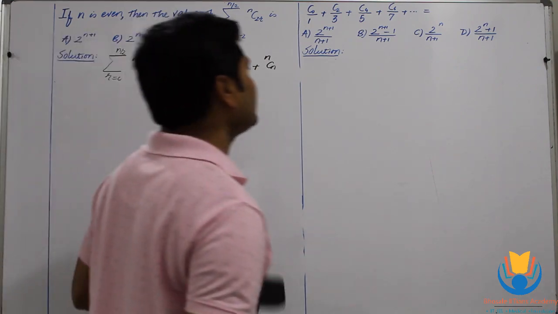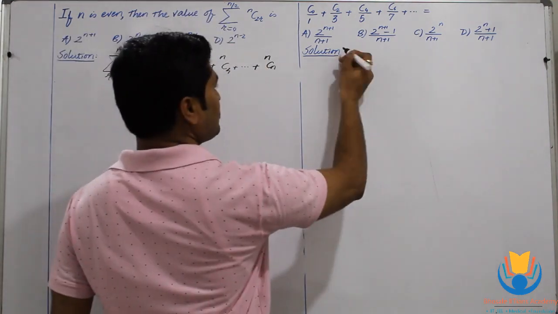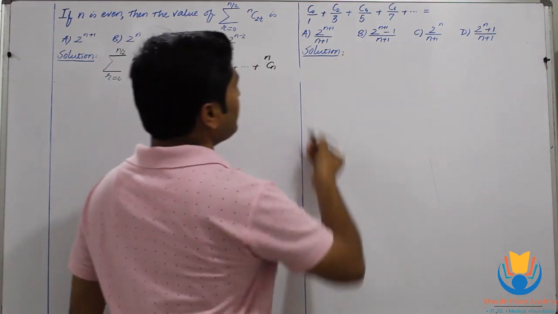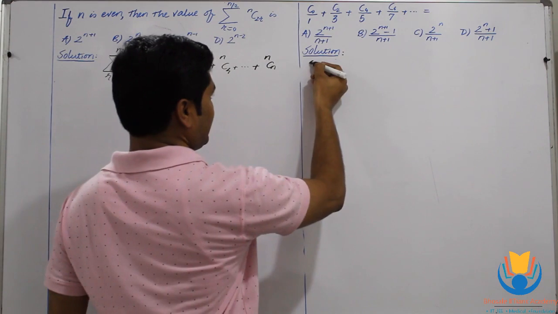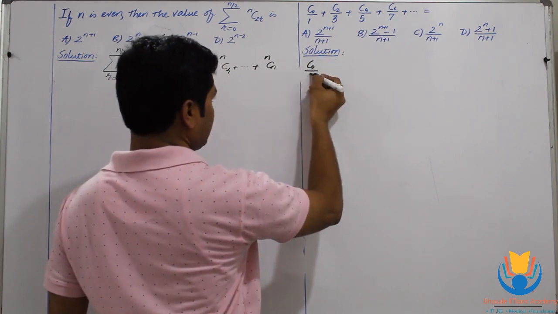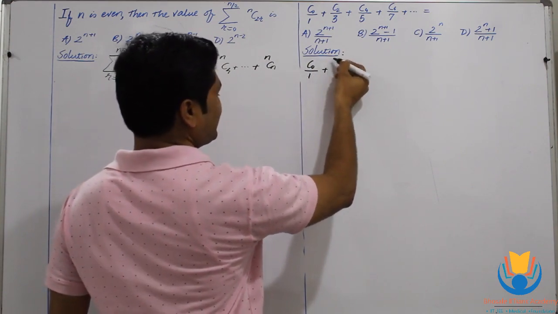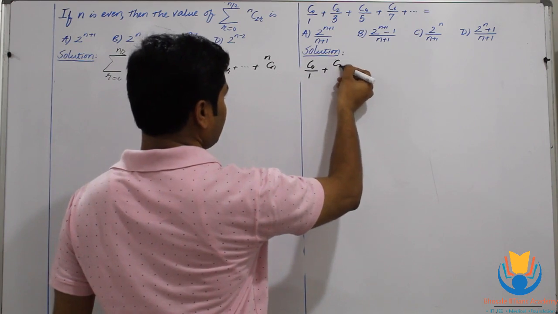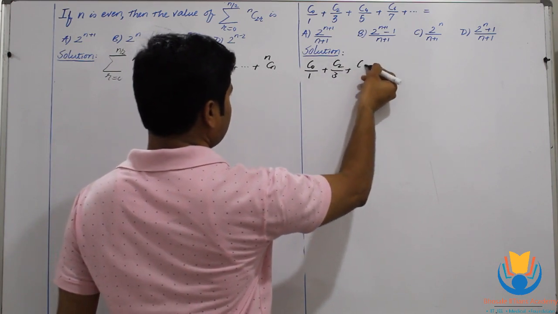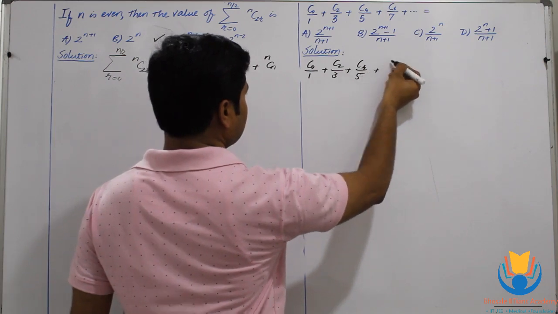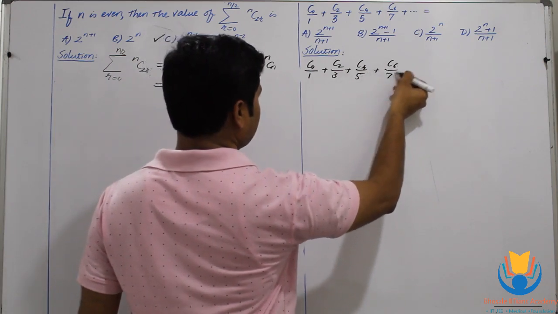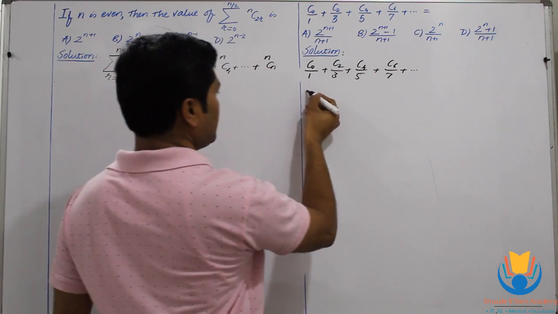So let's continue with the second MCQ from this particular point. Here we have to find the value of this particular expression. For that, let's copy it here in the solution: C0/1 + C2/3 + C4/5 + C6/7 + ...